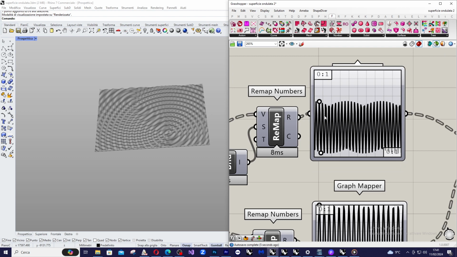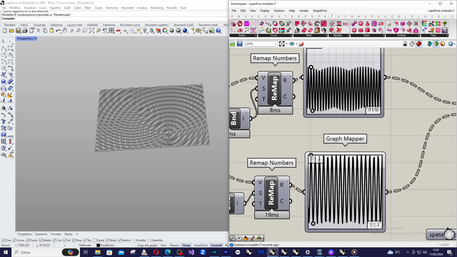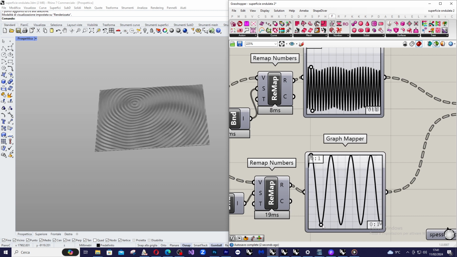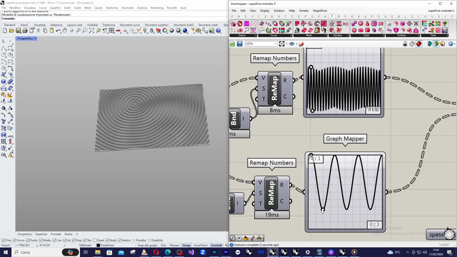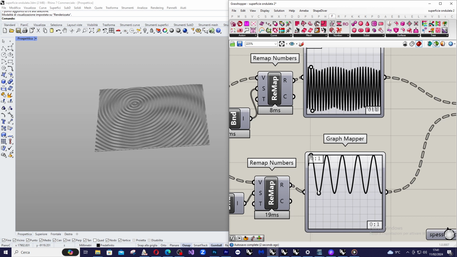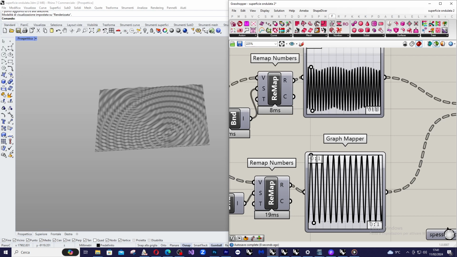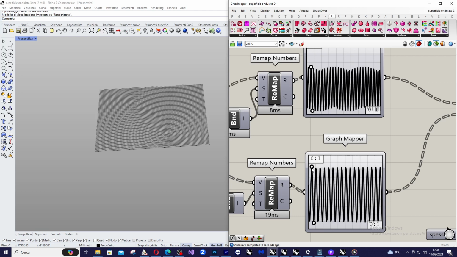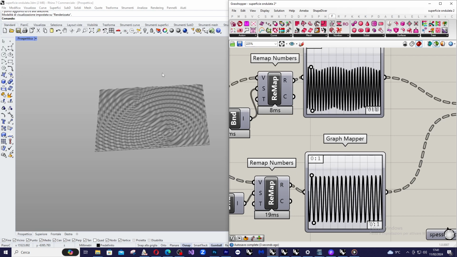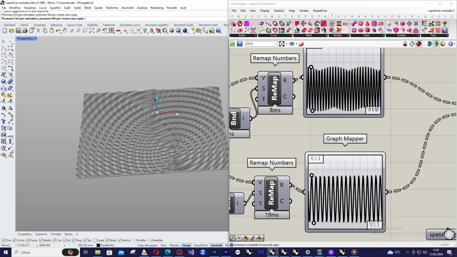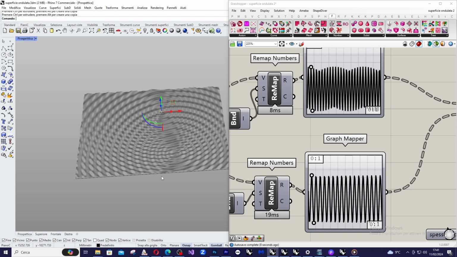the graph mapper, and then you can also move the influence of the second attractor point, and you can of course also reduce the amplitude of the sine curve, and then you can move the sources, obtaining different solutions